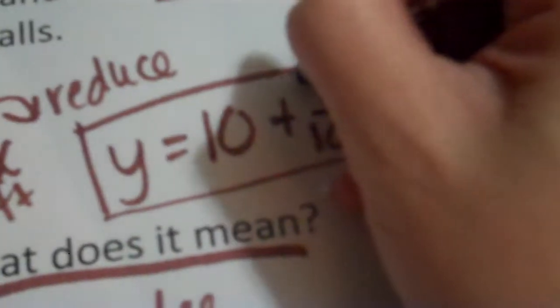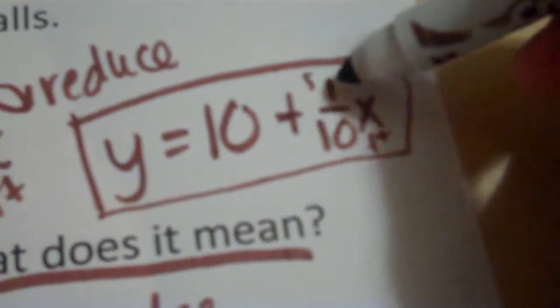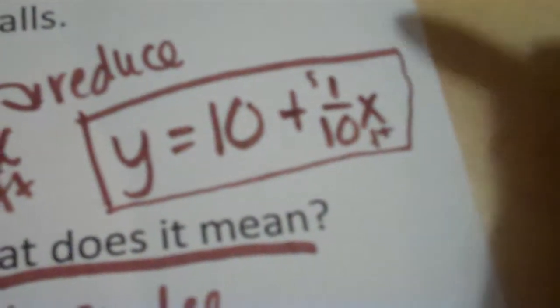Now, what does it represent is a little harder. Remember, this was $10 for every 100 feet. So this is dollars and this is feet. So this is still dollars and this is feet. Okay? It means that it's $1 for every 10 feet. Okay? So slope is 1/10 and it means they charge